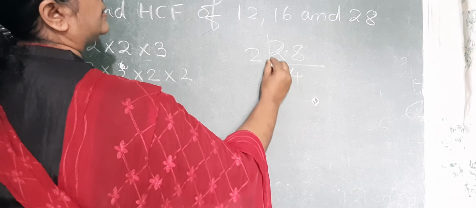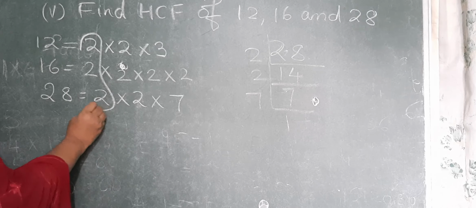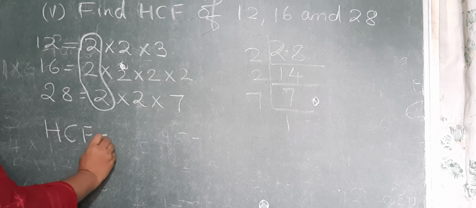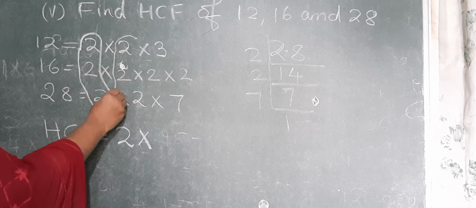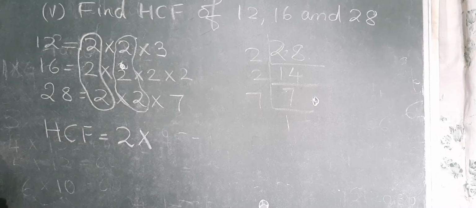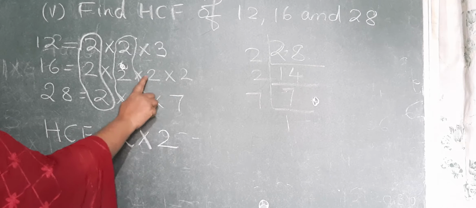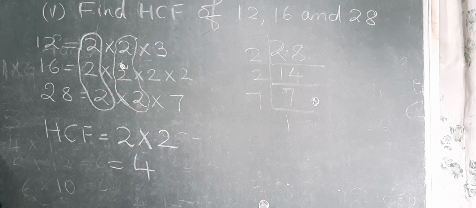So now we have to find the common factors. So you see this is the common factor for all, this 2. So we are finding out HCF. So we will write 2 is a common factor. Anything else? Yes. One more 2 is common. Then 3 is not common. 2 is not common now. So what is HCF? So HCF is 4. Okay. So this is how we can find the HCF by prime factorization method.